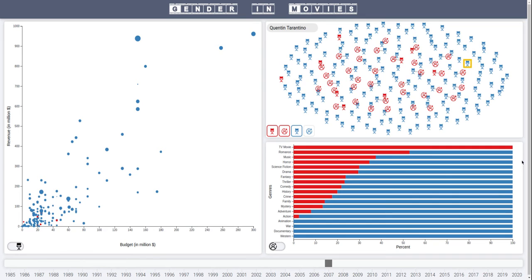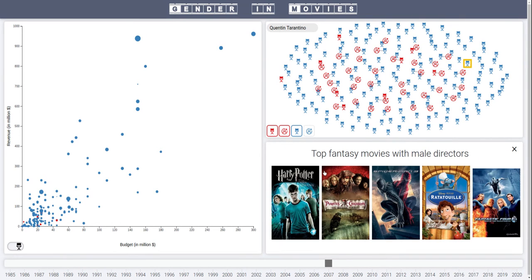The third visualization at the bottom right shows the representation of male and female stars in specific genres. You can choose to see the representation of director using the button at the bottom. Hovering over a bar will show the percentage, and clicking on it will show the top most popular movies in